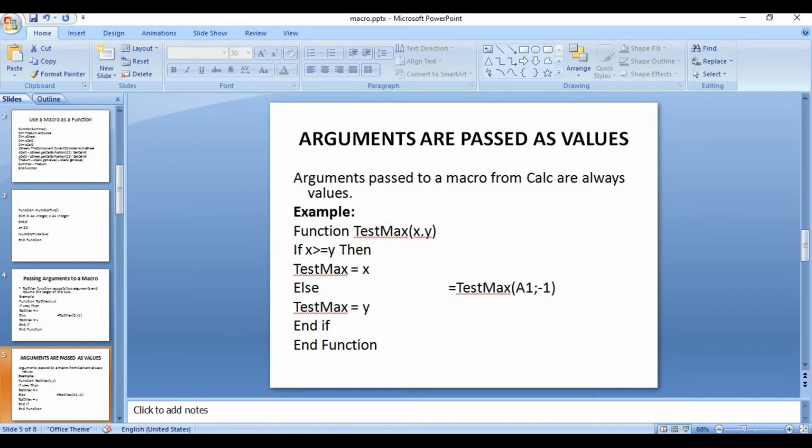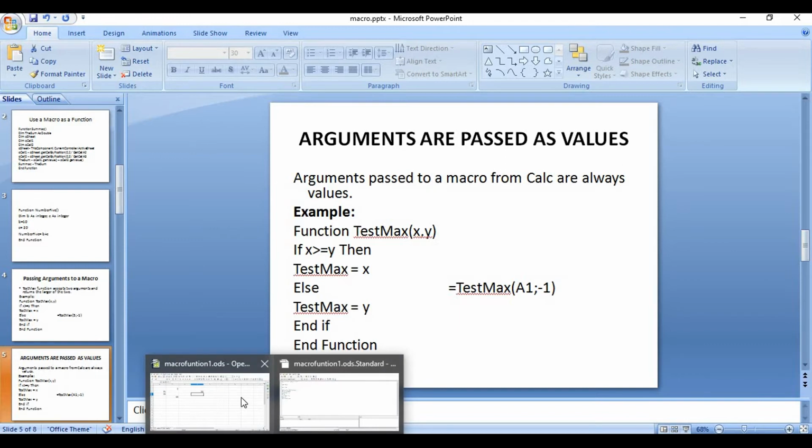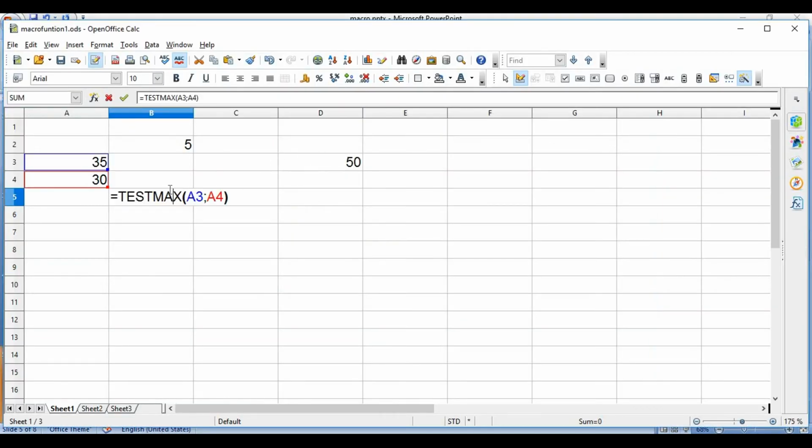Look at this: once we pass both cell references, it will compare the value of A3 as well as the value of A4. When you press the Enter key, you will get 35, because the value of A3 is more than the value of A4.